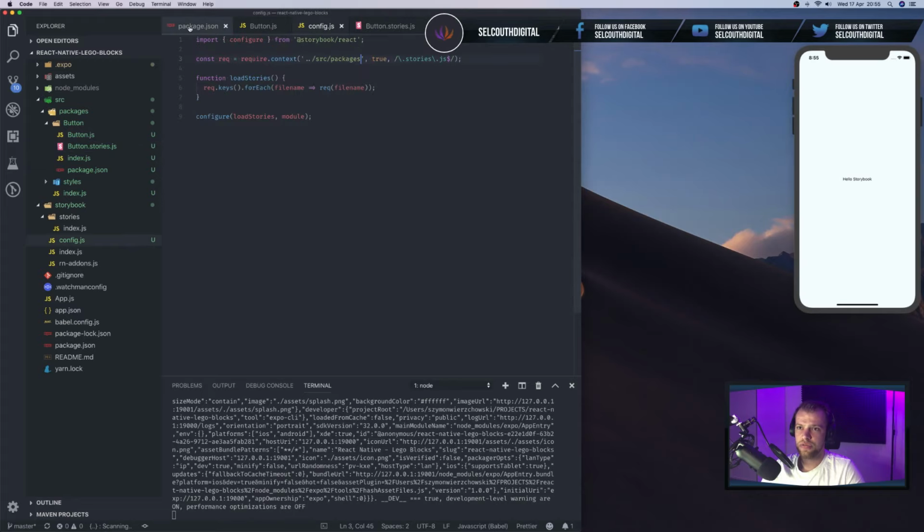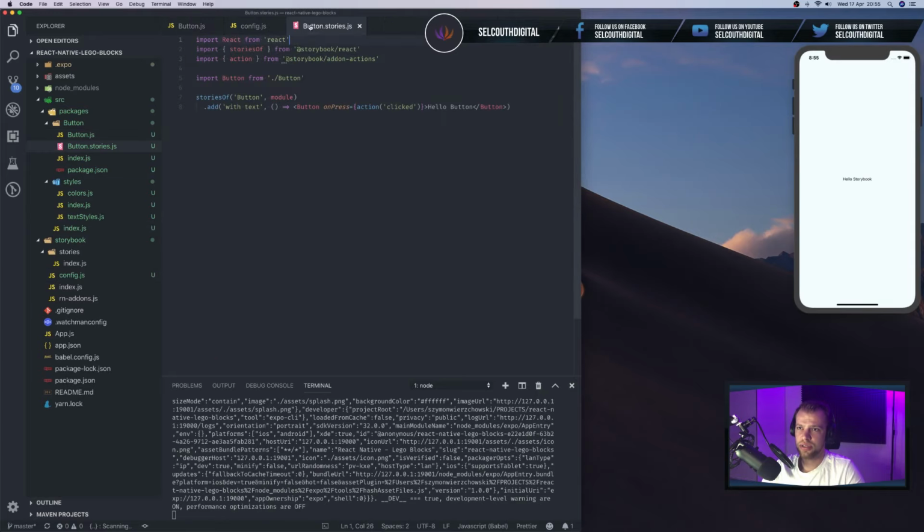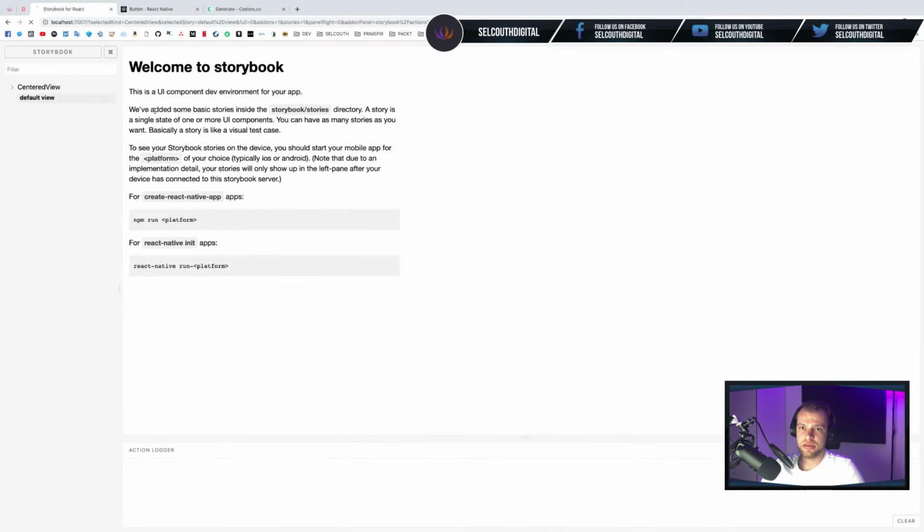Let me actually close a few files in there because I'm just being confused now. Okay, so back to our story. So you can see that we say hello button. You can actually say hello world, not really hello button. That's silly. Cool. Let's see if that changes anything. Probably not. Probably we have to